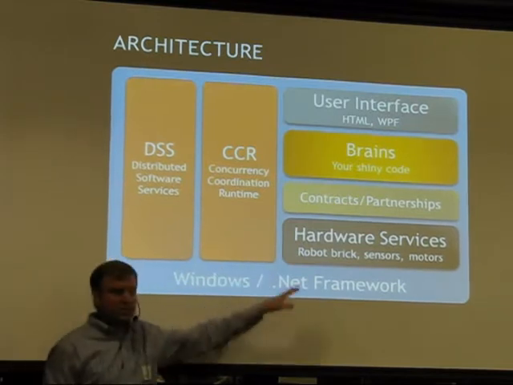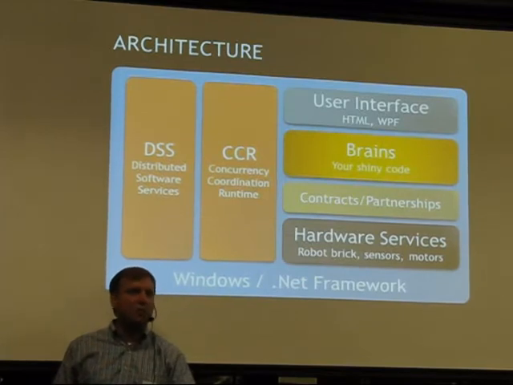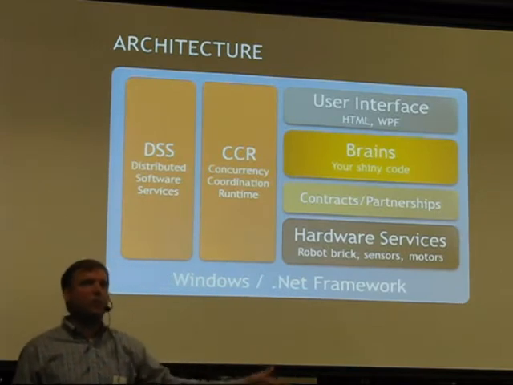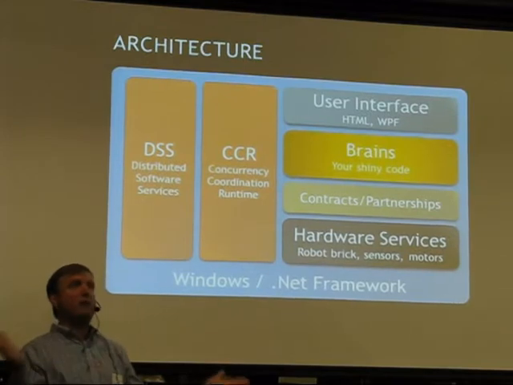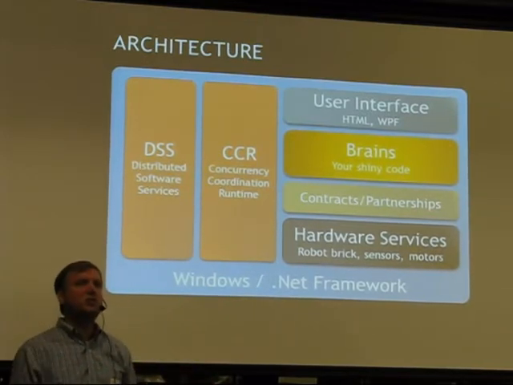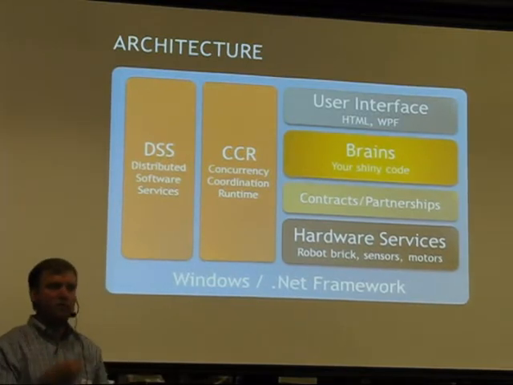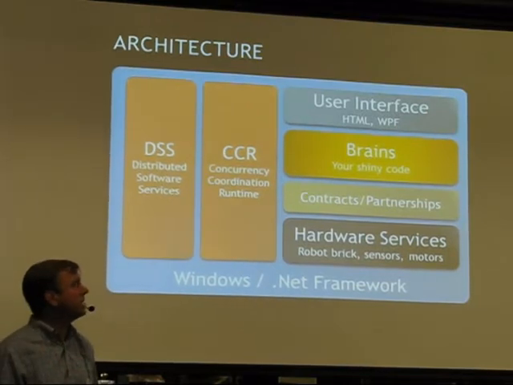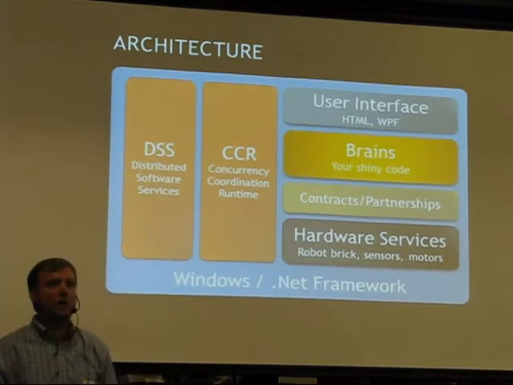So these services, for instance, when I write, or when Parallax or somebody writes a service for the Eddie robot, I don't care how it works. All I want to know is that I can say drive forward a distance at a certain power for a certain amount of time, whatever variable I want to use. Their job is to expose that capability to me. I don't care about what it takes to actually talk to this board. I don't care what bits are going over the wire. I don't need to know any Spin in the case of the Parallax stuff. I want a very simple interface that I can talk to and abstract away a lot of that complexity.